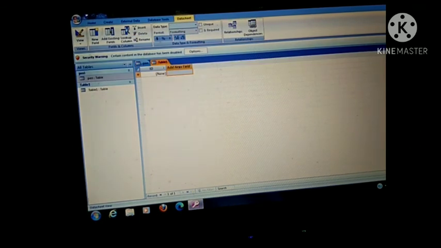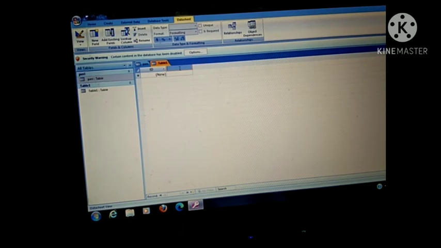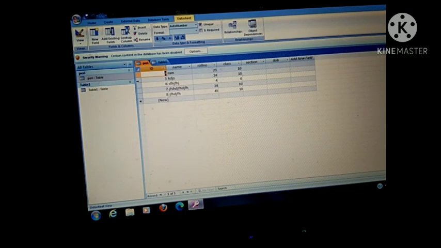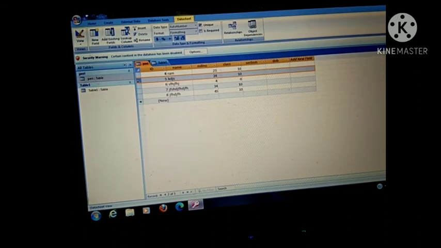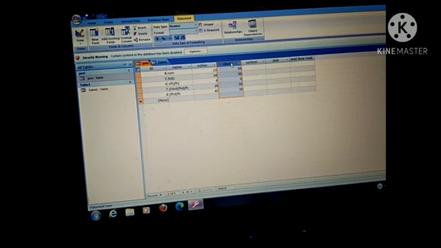Now click on this Add New Field. Double click. First you have to give your field name. When we are creating a table, you know that these horizontal rows are known as records, and these vertical columns are known as fields. These are the fields. In this field I am writing here name. So what is the name of this particular field? Name of this particular field, roll number. Class is a field name. Section is a field name. So this section is your field name.